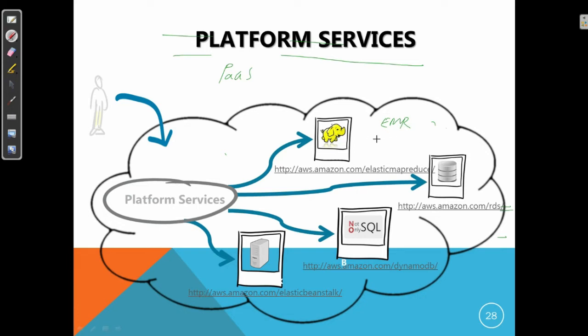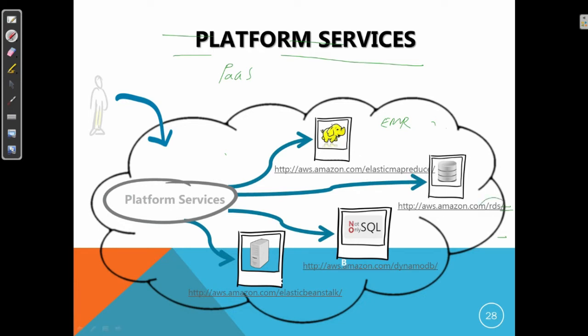It is basically a managed cluster platform that simplifies running big data frameworks such as Apache Hadoop and Apache Spark. It also allows you to process and analyze a huge amount of data on the cloud. So if you are going with big data or analyzing some data, you need to avail this service, Elastic MapReduce.